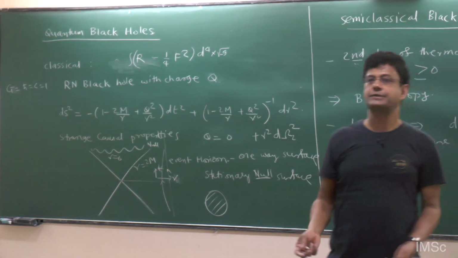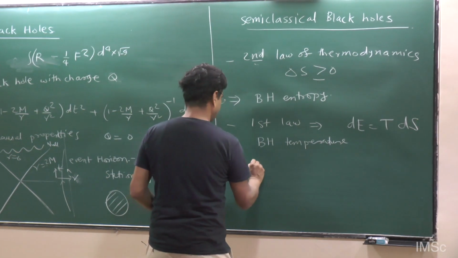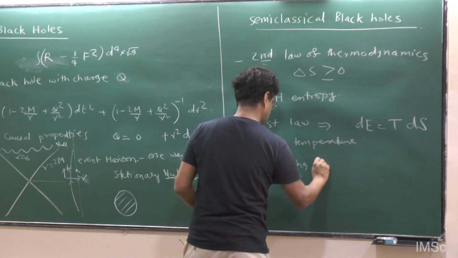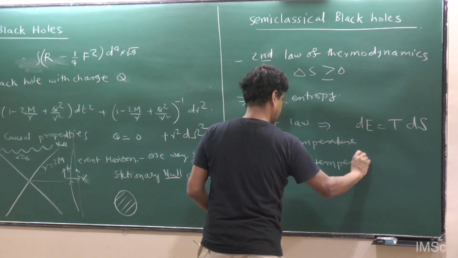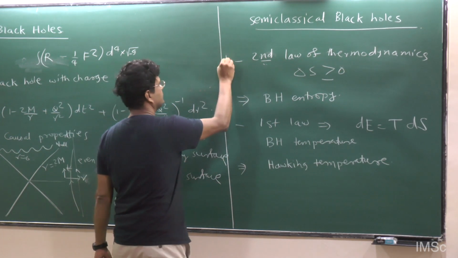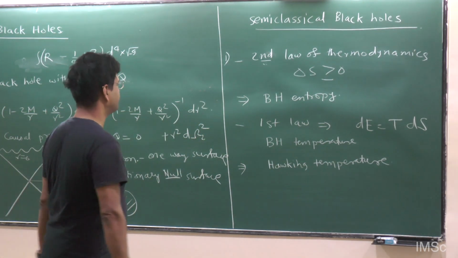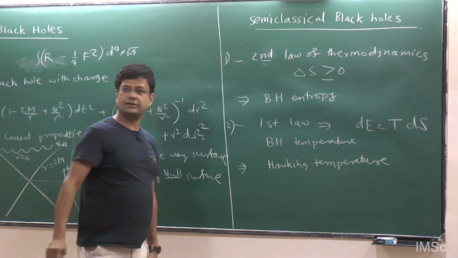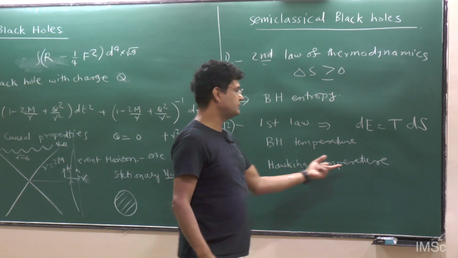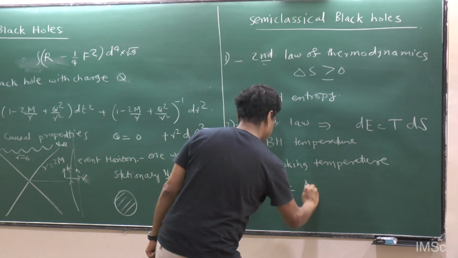Because if it has temperature, then by the Stefan-Boltzmann law it should radiate. And so this implies Hawking temperature. So it's a series of paradoxes: if you try to resolve the first paradox of violation of the second law of thermodynamics, you are led to a paradox with the first law of thermodynamics. And if you try to solve that, you are led to this notion of a temperature, and then the entropy of a black hole is area over 4.